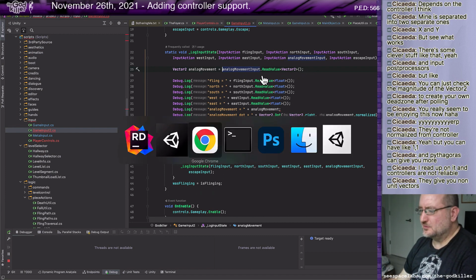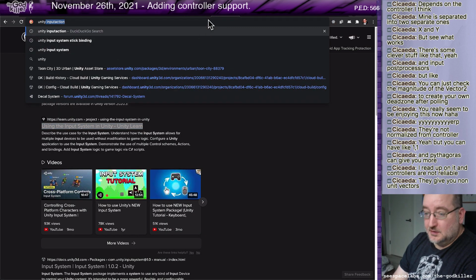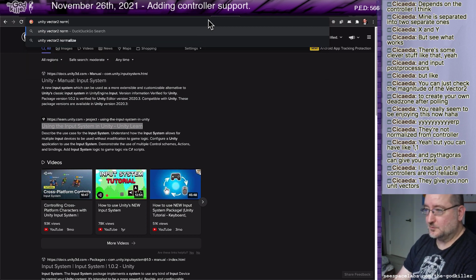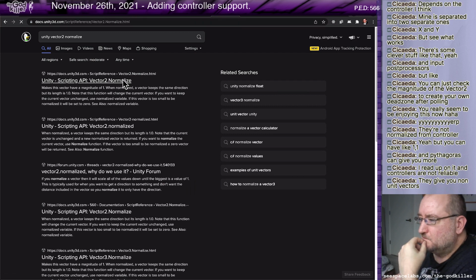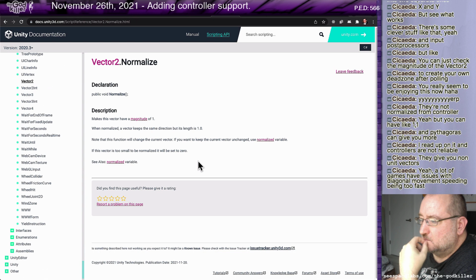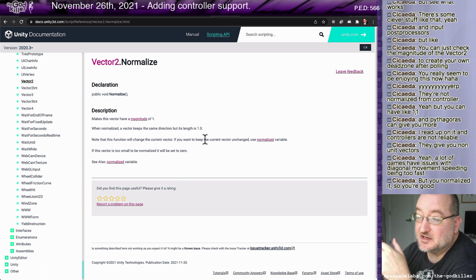Let me look at what normalized actually does for Vector2. Unity, Vector2, normalize. Okay, so I think what this means is that suppose some input comes in and it's got like x equals 2.